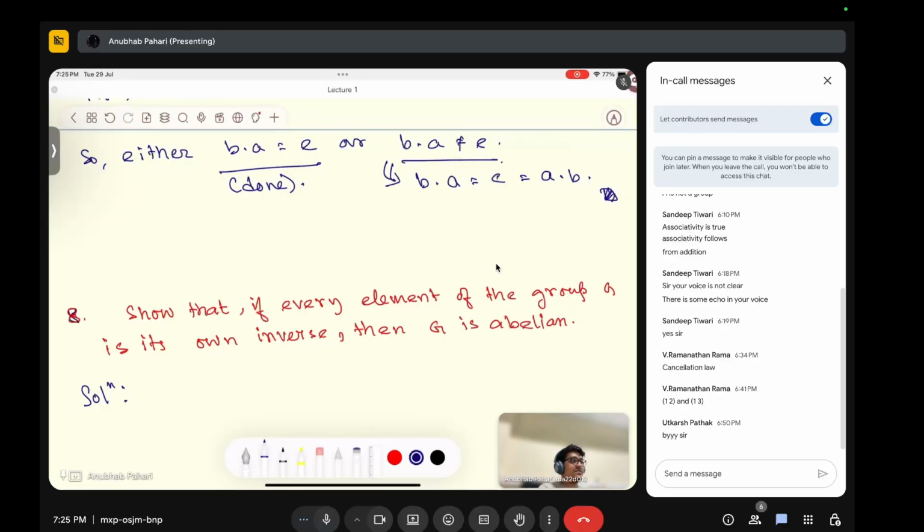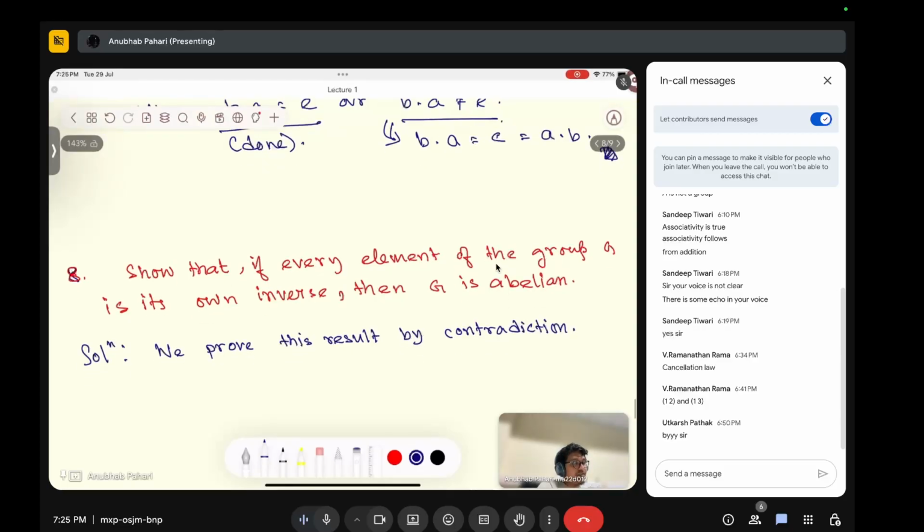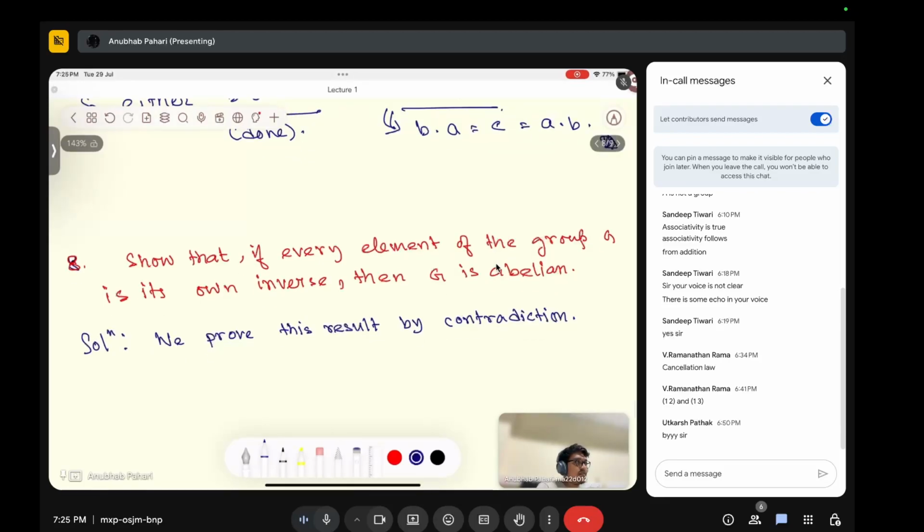Okay, let us do this. We prove this result by contradiction. That means we assume that negation and show that then G is not available. So yeah, let's assume